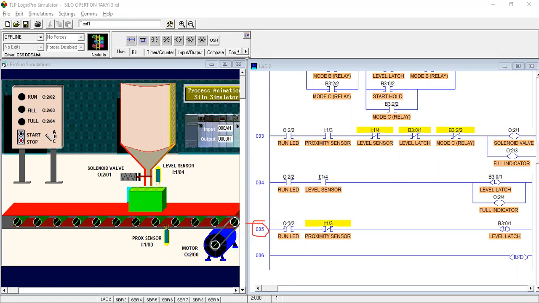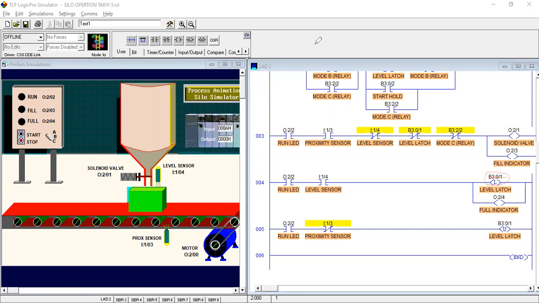And in this rung we have to control our level latch binary bit in the unlatch. Okay, this is the unlatch. Once you latch your level latch, then you must add an unlatch coil with the same addressing.